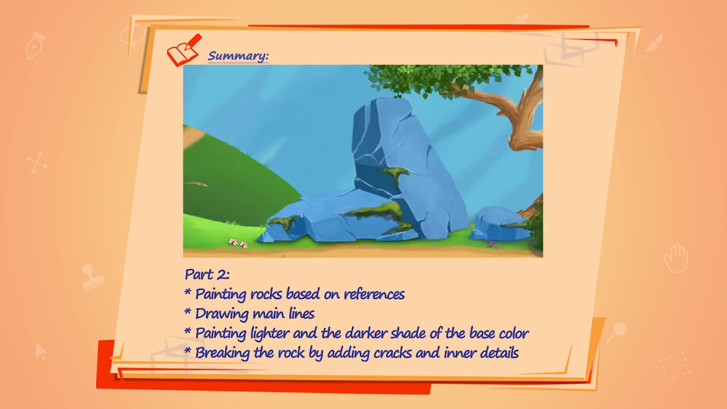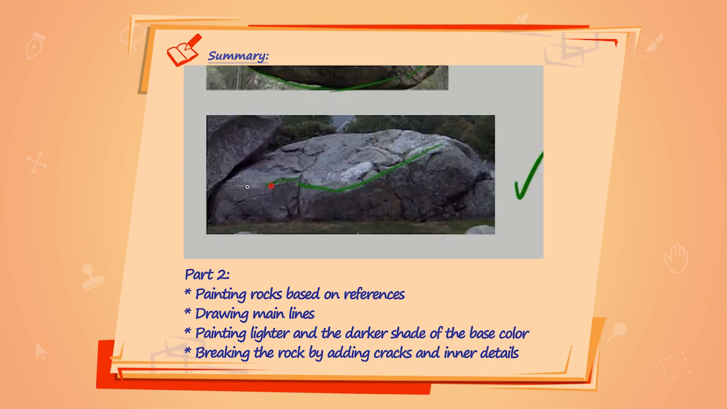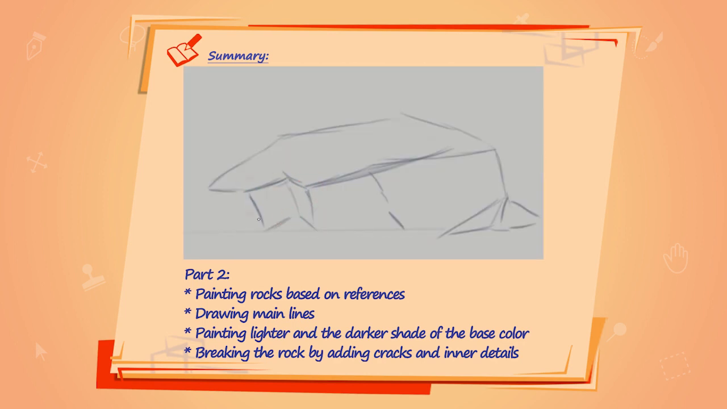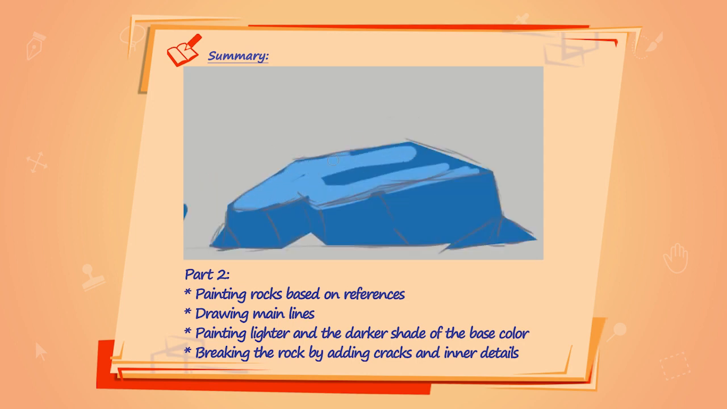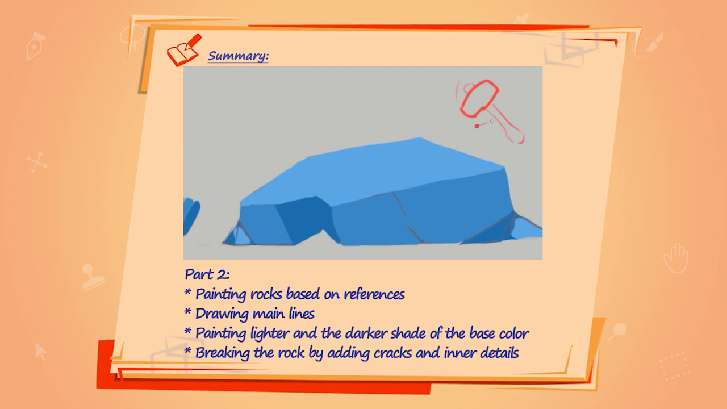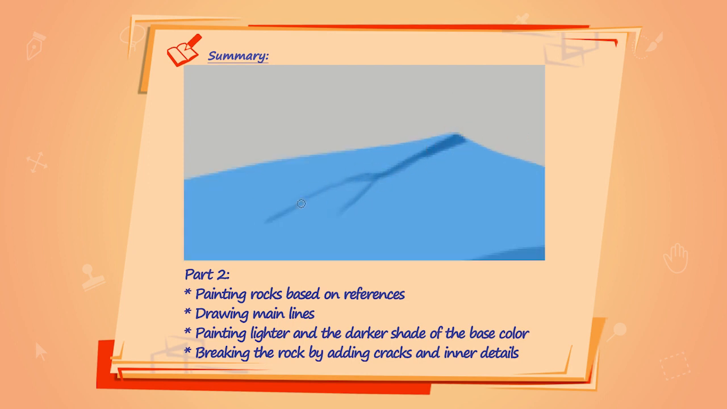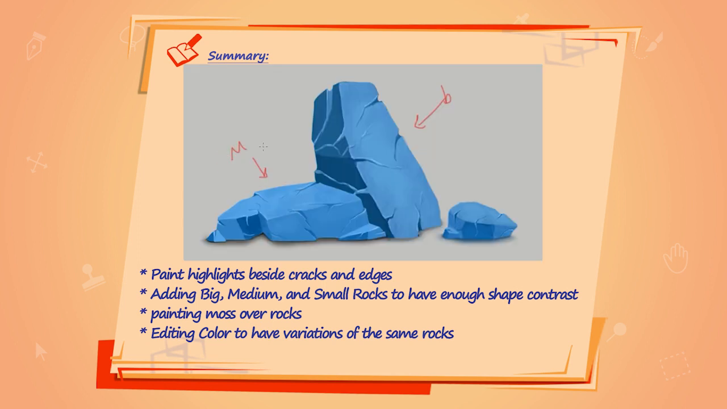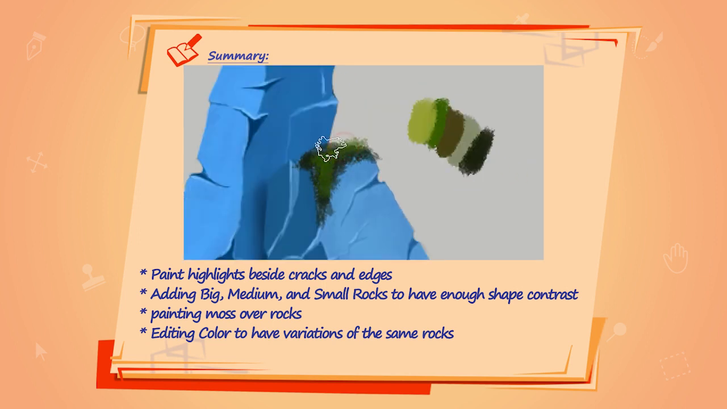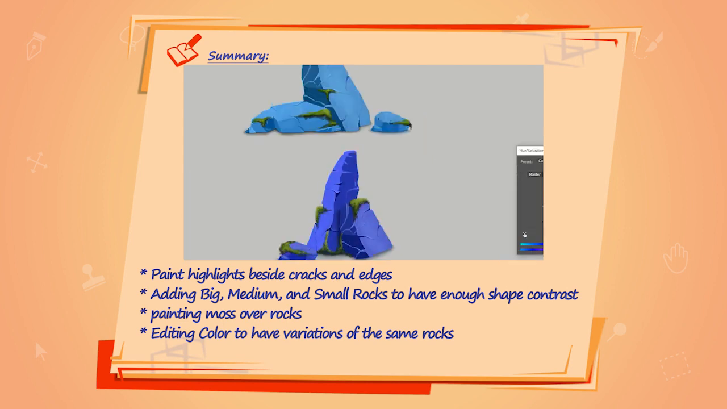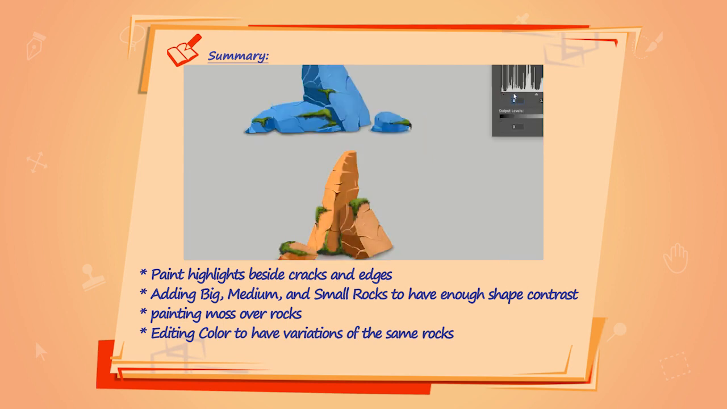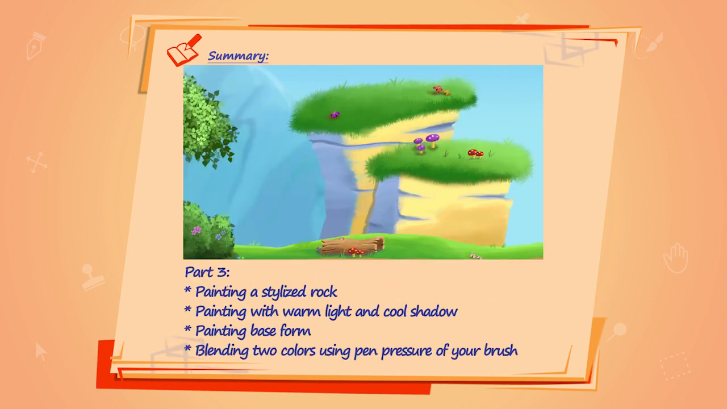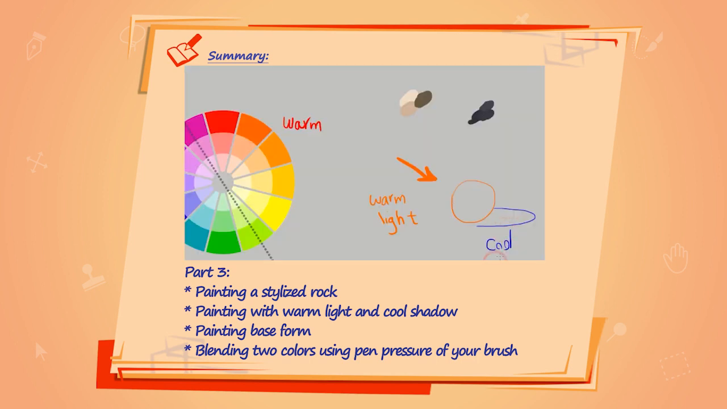In part 2, we talk about painting rocks based on references, drawing main lines, painting lighter and darker shades of the base color, breaking the rock by adding cracks and inner details, painting highlights beside cracks and edges, adding big, medium, and small rocks to have enough shape contrast, painting moss over rocks, editing color to have variation of the same rocks. In part 3, we talk about painting a stylized rock, painting with warm light and cool shadow,